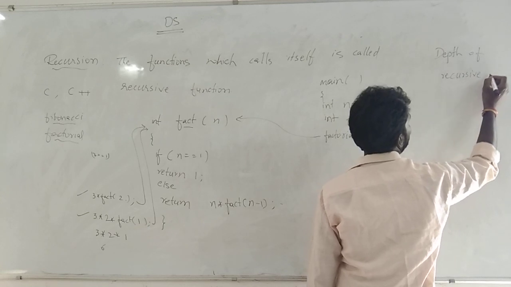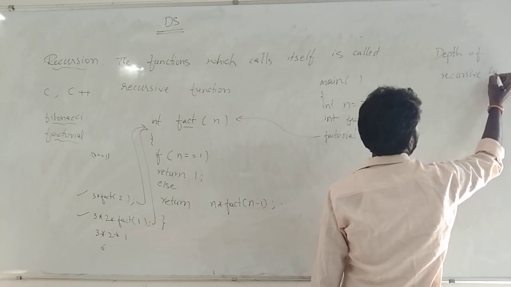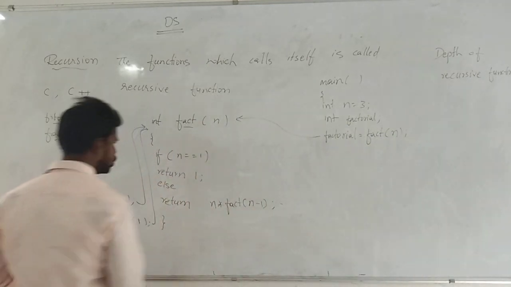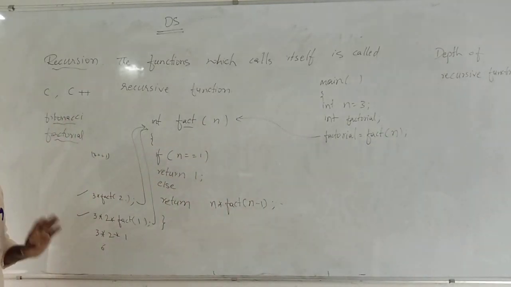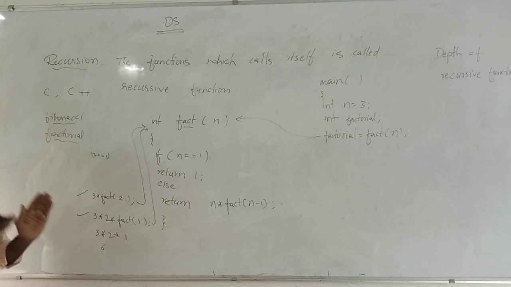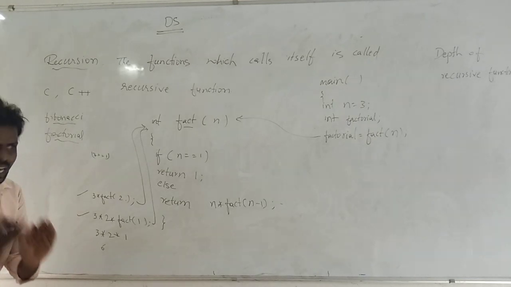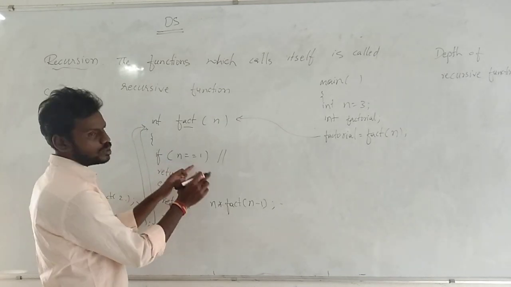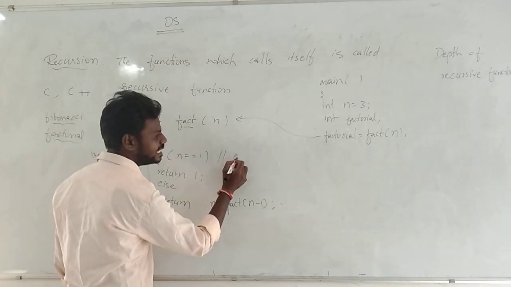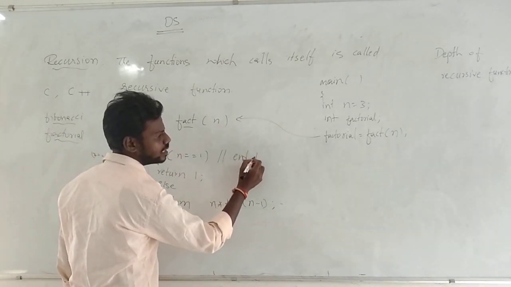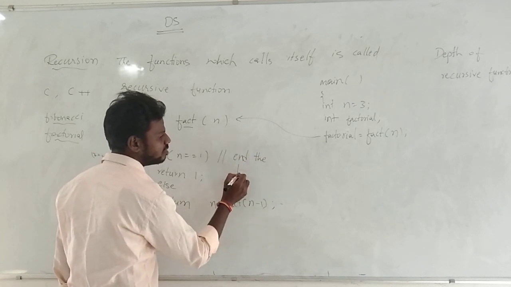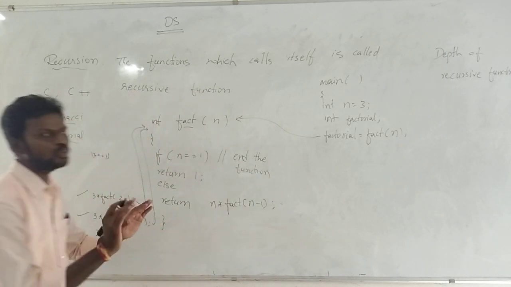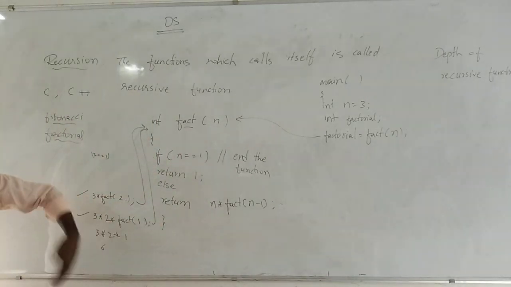A recursive function means how many times you are calling inside. I am calling it for 2 times. Your recursive function should have some end point. I have an end point over here: if n is equal to 1, then I need to end the factorial function. End the function here. If you are not putting this restriction on your recursive call, it will keep executing